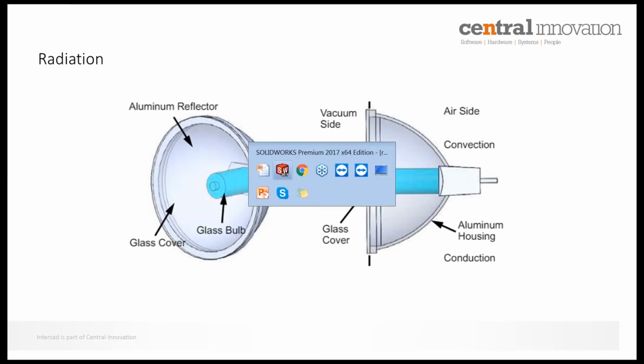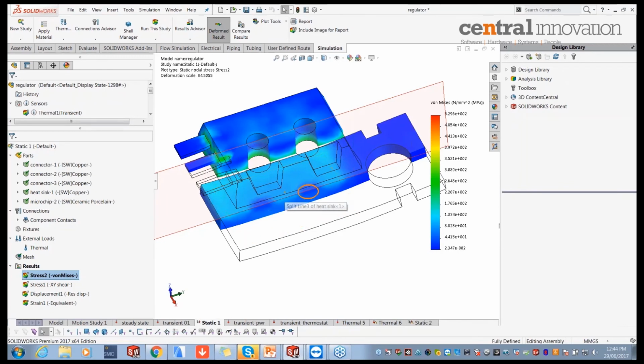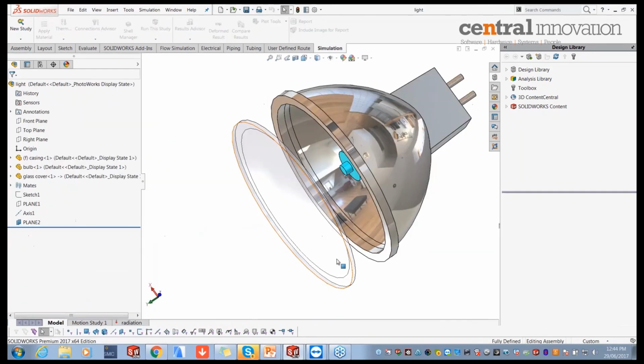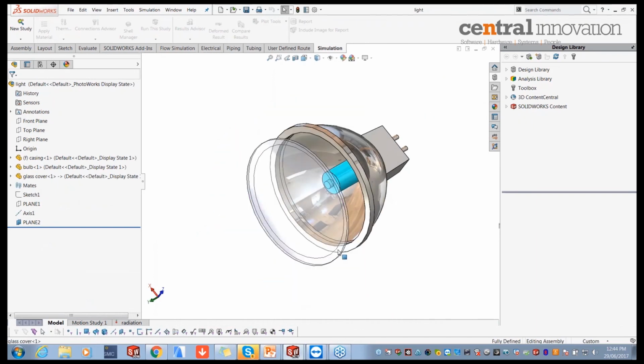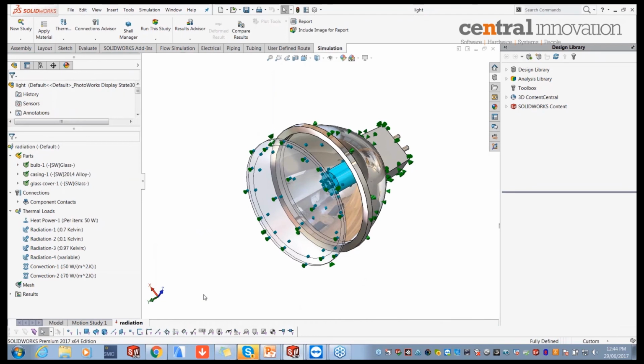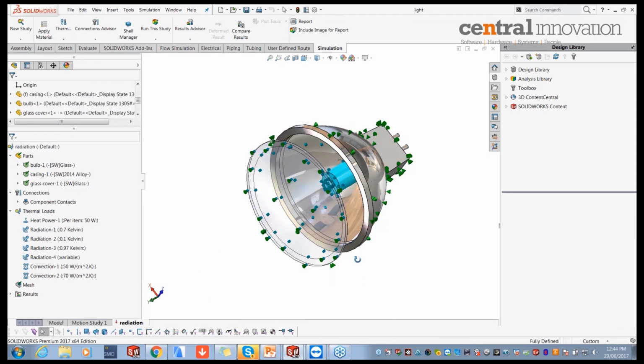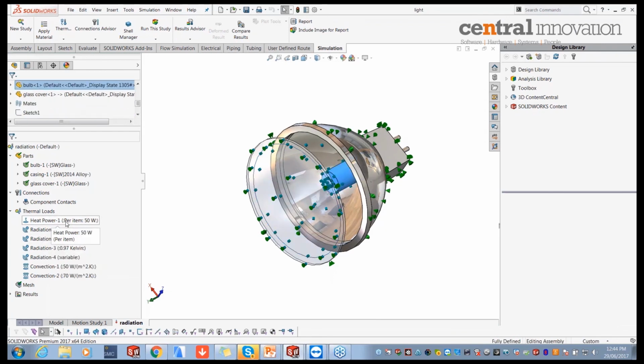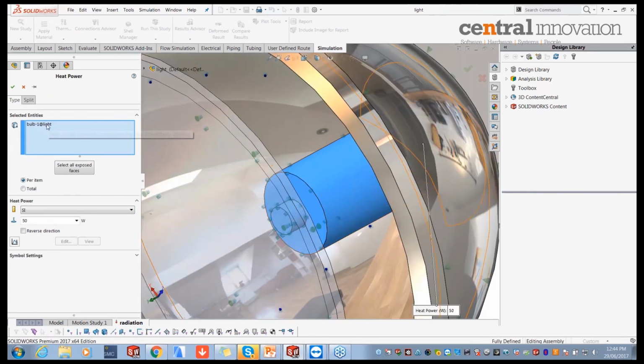So let's have a look at the setup itself. Let me go back to my assembly. Right, so here in this case we have an exploded view of the assembly, and setting up a radiation related thermal study is exactly the same as how we do a normal steady state analysis. But here the only thing in addition to the heat power is, for example, in this case I selected the bulb, the entire bulb. I specified there's going to be a certain amount of heat power, 50 watts,